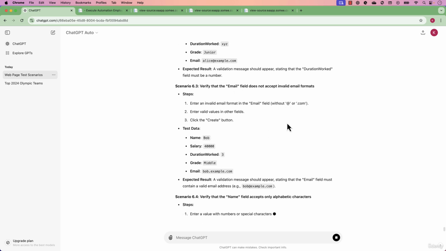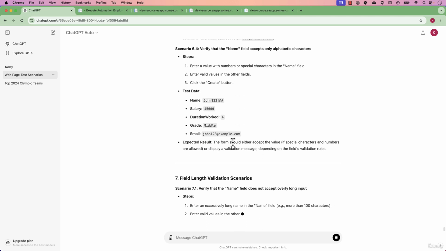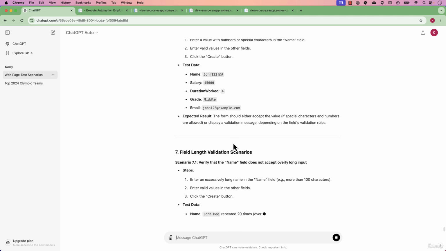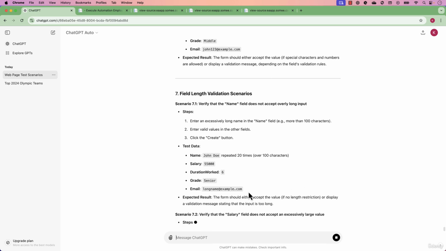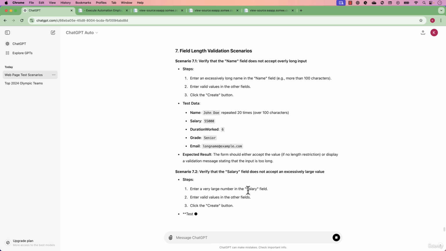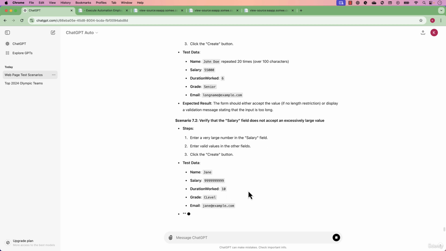But it is not giving you the exact message that the page actually has, but it is there because it knows what exactly we are talking about, and it is adding those scenarios over here, which is quite awesome. So this way we can see that we were able to get all the information that we're looking for